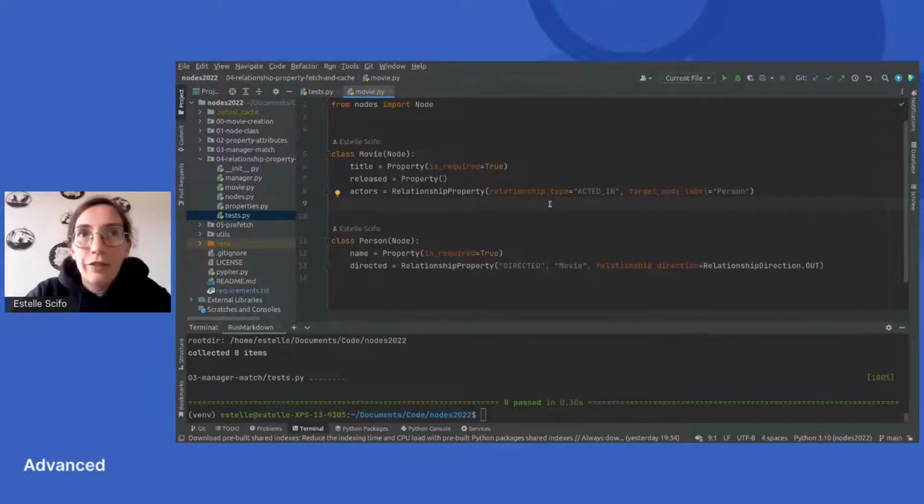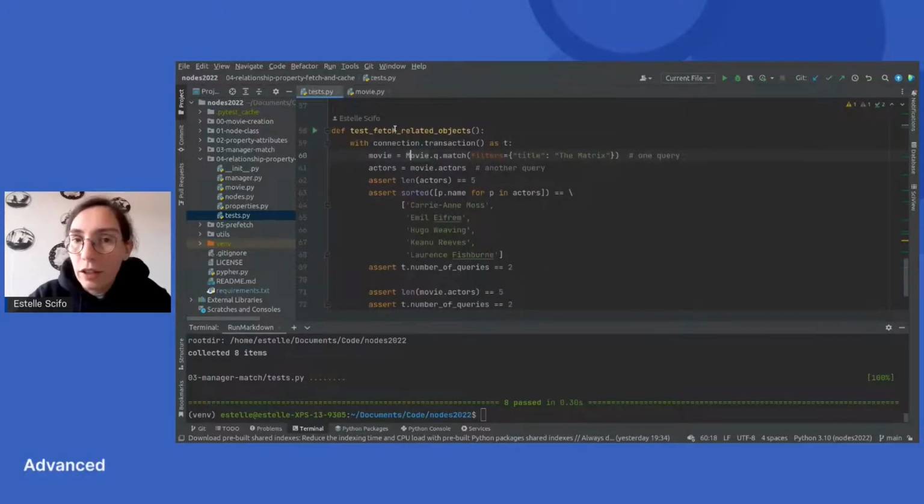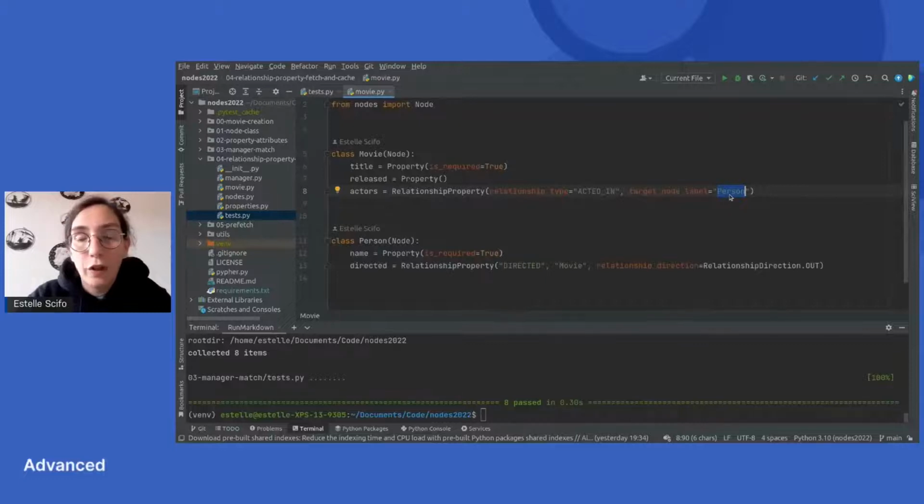You know that in Cypher, you can build a pattern without specifying either the relationship type or the target node label. But for us, this target node label is important for our code to know which object needs to be instantiated when we call .actors. So here, each of the objects in that list should be an instance of a Person. That's why this information is required in our case, which is not necessarily the case in Neo4j.